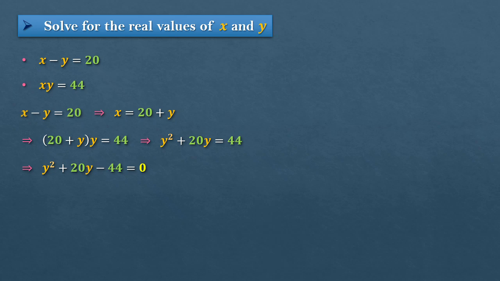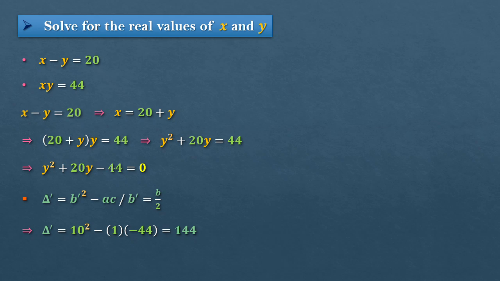To determine the real values of y, we compute the reduced discriminant, delta prime, defined as b prime squared minus a times c, where b prime equals b divided by 2, and b is the linear coefficient, which is equal to 20, a is the quadratic coefficient, which is equal to 1, and c is the constant term, which is equal to minus 44. Hence, delta prime equals 10 squared minus 1 multiplied by negative 44, and this equals